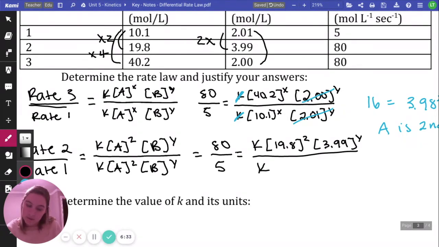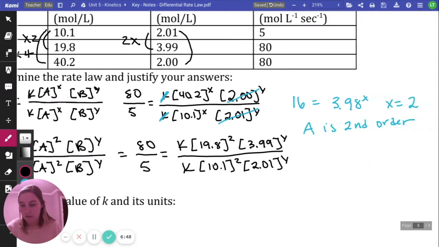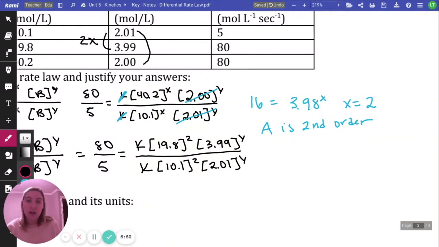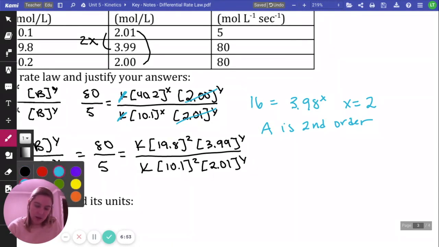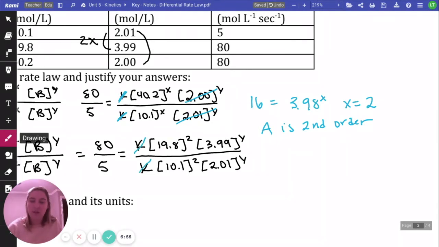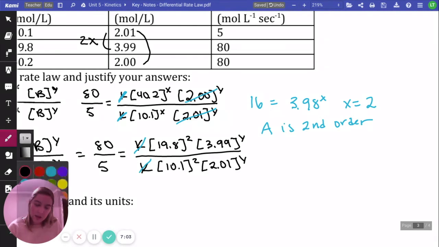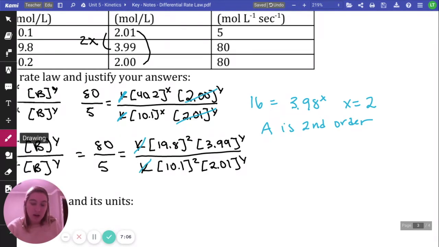So then putting rate 1 on the bottom, concentration of A in experiment 1 is 10.1 squared times concentration of B, which is going to be 2.01 to the Y. Once again, I'm going to cancel out what I can. My A's aren't exactly the same, so I am actually going to have to do a little bit more algebra. But I can cancel out those K values at the very least, and then start simplifying. So 80 over 5 is once again 16,